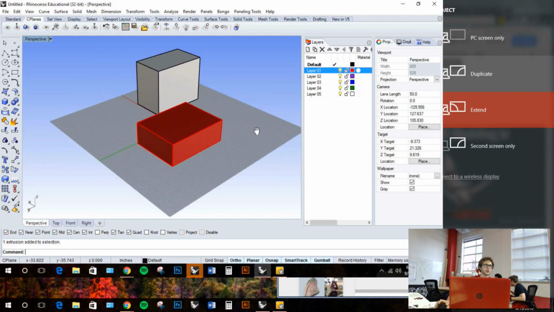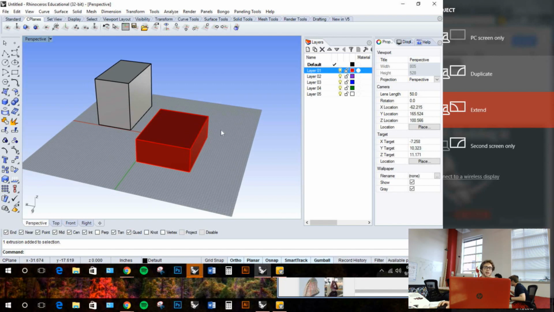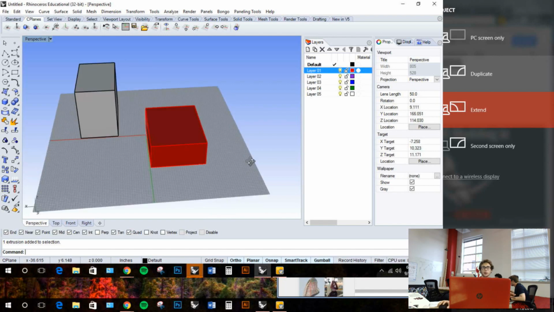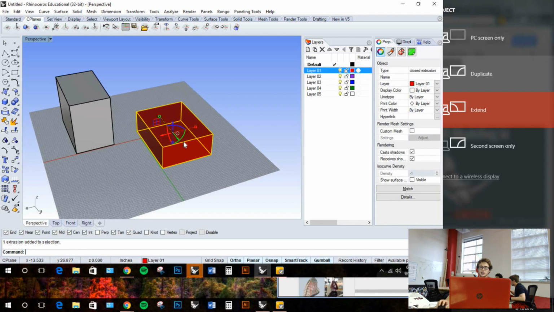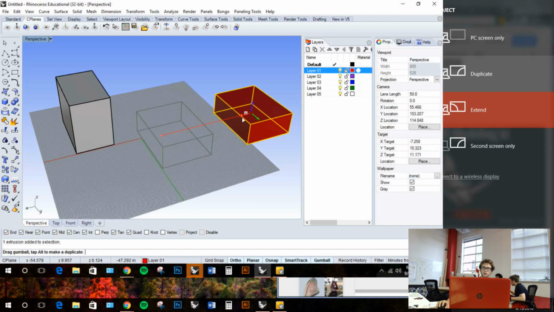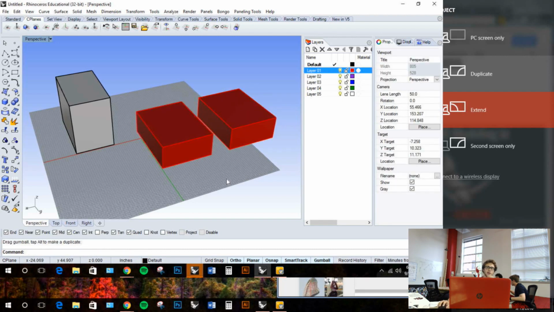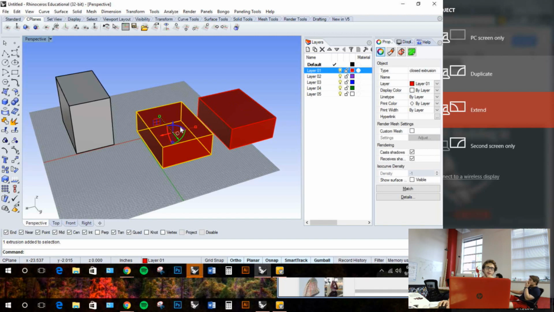Pretty much layers are a way to organize all of your objects, because one thing that I really like about Rhino is you have a lot of control over the actual space. To me, it feels like I'm actually present in this land of shapes, and I can make things. One way to version things, instead of just having a history, is to simply say, I'm going to make a copy of this. You guys do not see this little thing right here. This is called the Gumball. So I want you guys to type in Gumball,